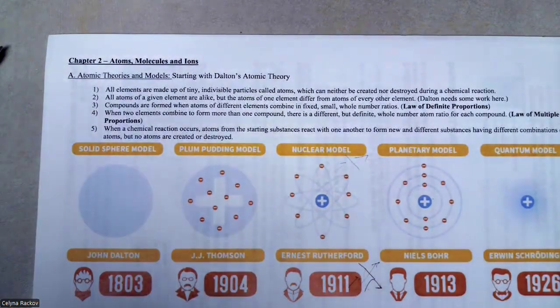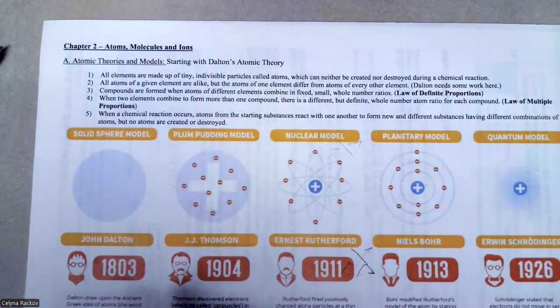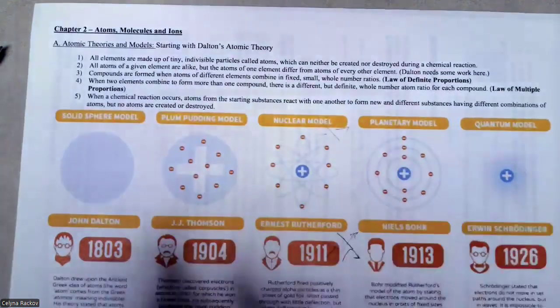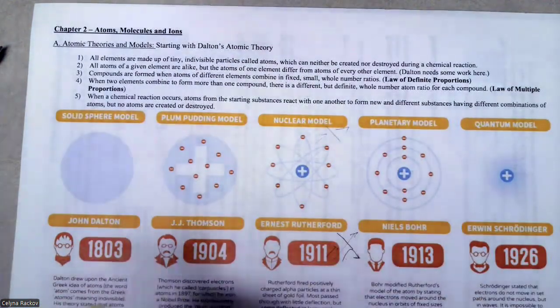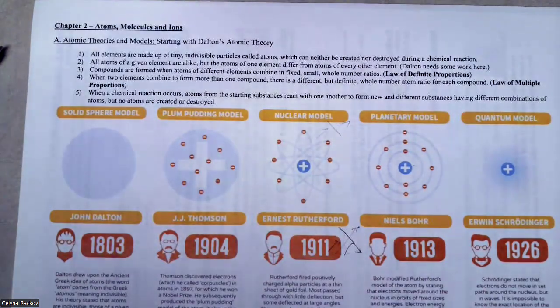Level 1, Chapter 2, Atoms, Molecules, and Ions. First, let's talk here about the atomic model. So we have 5 different types of atomic models, right? And the first one,